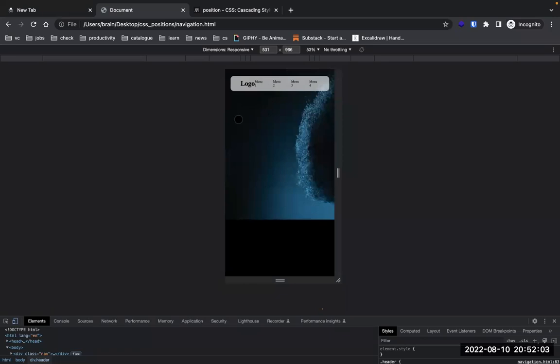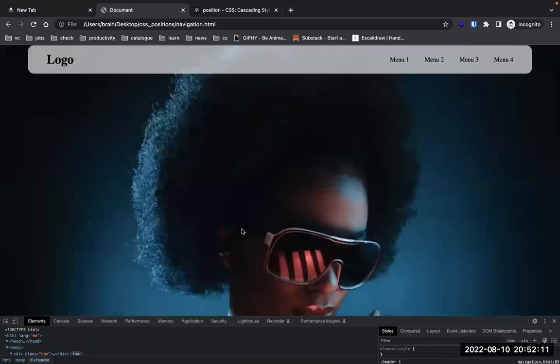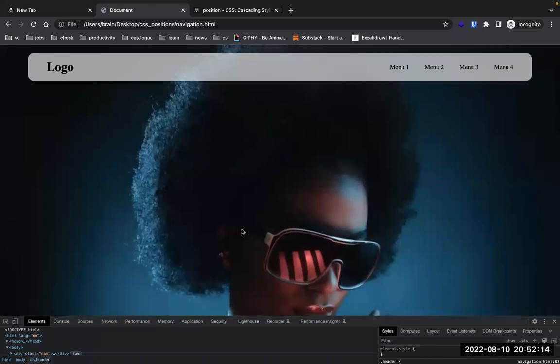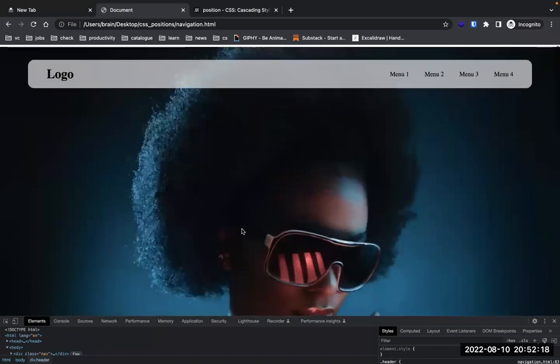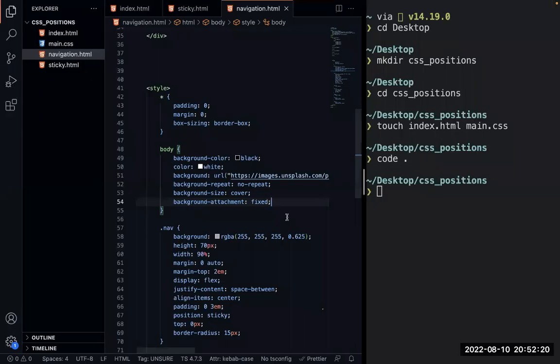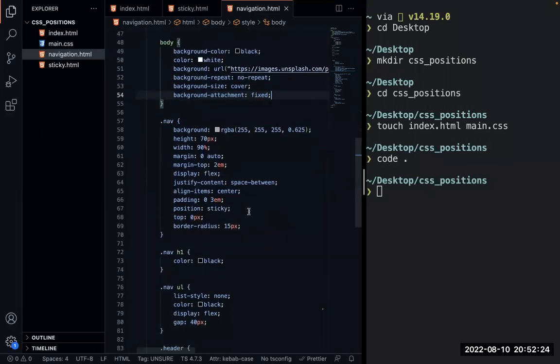So can we also use fixed to make the item sticky to the end of the page? Yeah, you can. The major difference here is that the nav is actually scrollable until it gets to the point where you no longer want it to scroll. So that is the difference between sticky and fixed. In order to explain that better, I think what I would rather do is